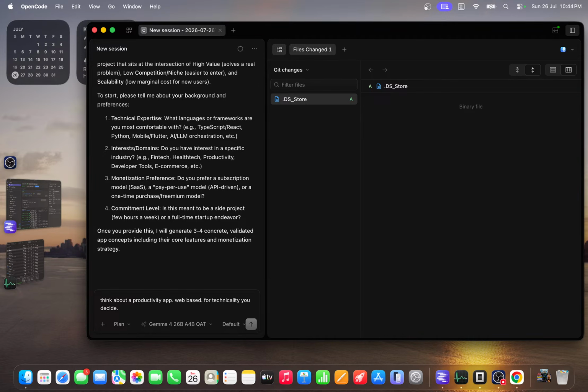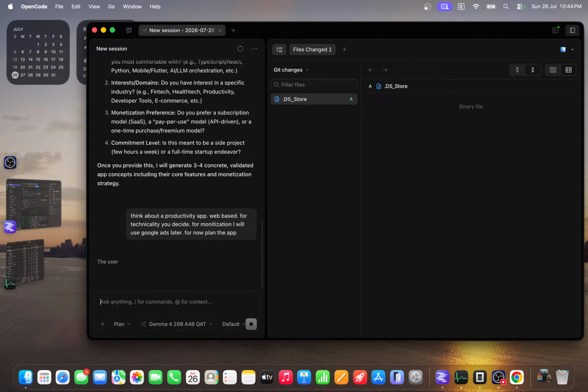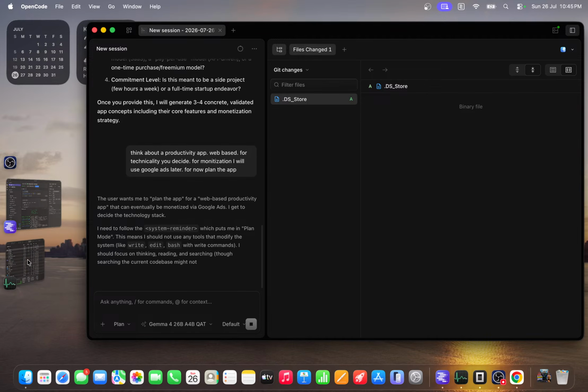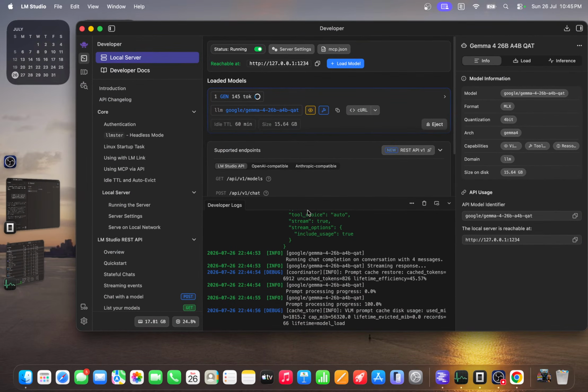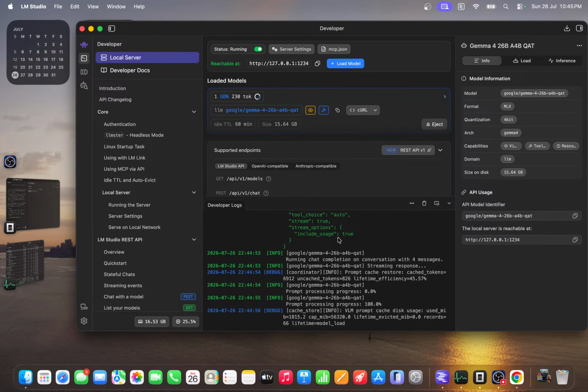So I'm not giving a commitment level here. For monetization, I will use Google Ads later. So for now, plan the app. Okay, it's planning the app. It's actually doing very good. It's generating tokens super fast. I'm just hitting enter and it's going on